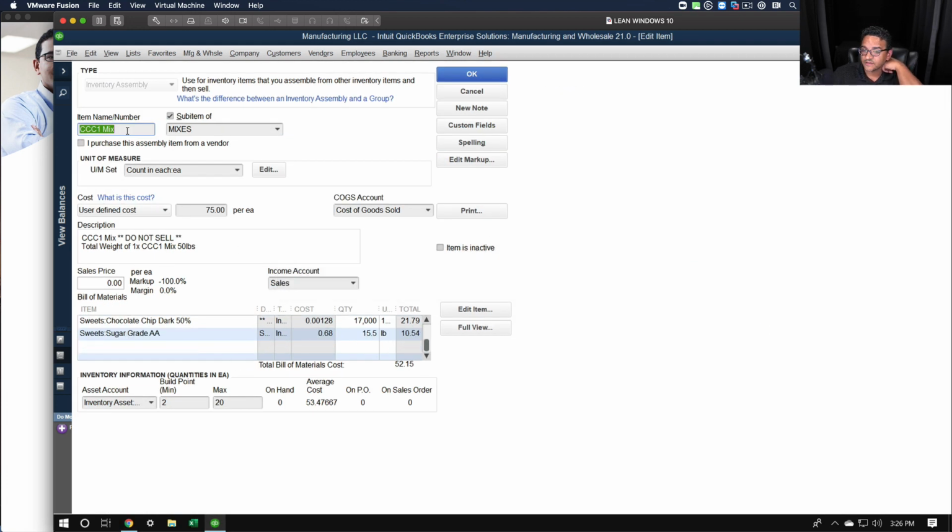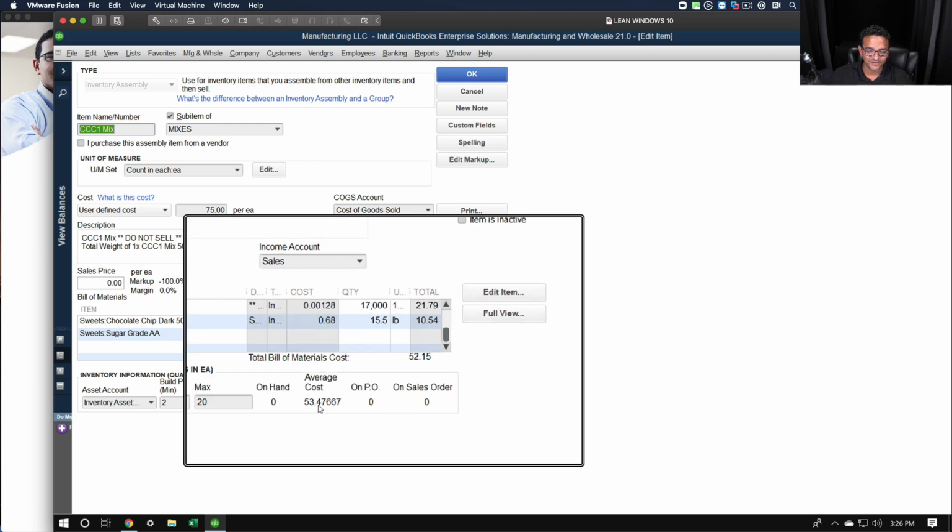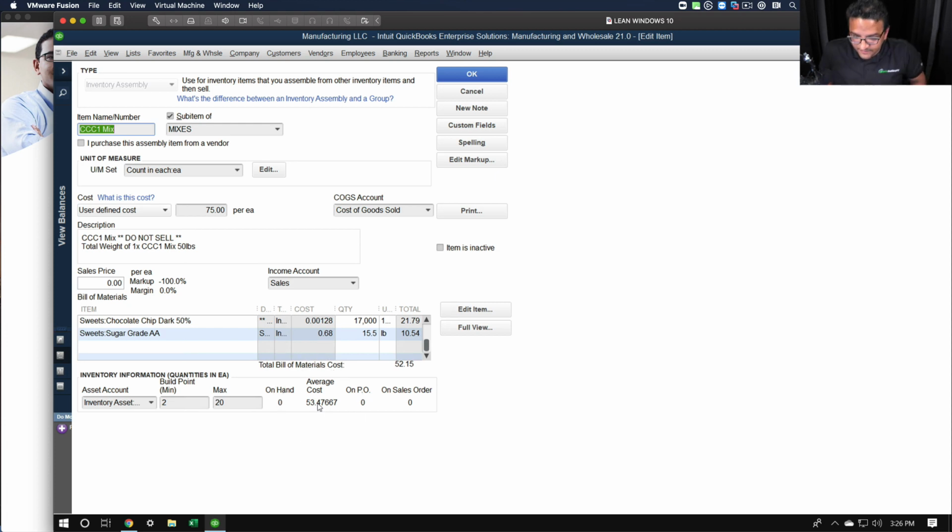So the CC1 mix has a bill of materials cost of $52, but it has an average cost of $53. What the heck does that mean? So first of all, QuickBooks will calculate the cost of an assembly based on your real historical cost, not based on your bill of materials cost. In QuickBooks, your bill of materials cost, which is what you're seeing now, is just informational. Okay? It is suggesting that if it is true that all the costs that are in your item list turn out to be the real cost in a bill, then your actual cost of your unit will be